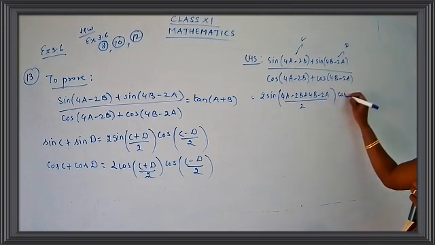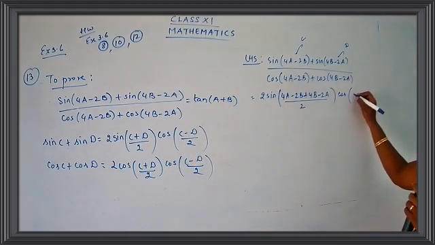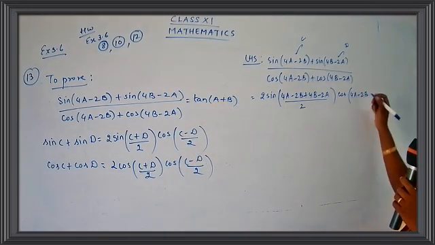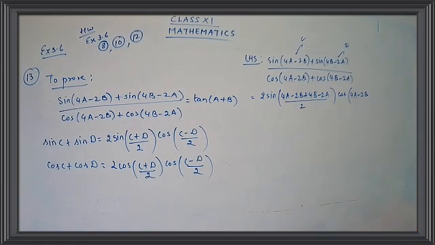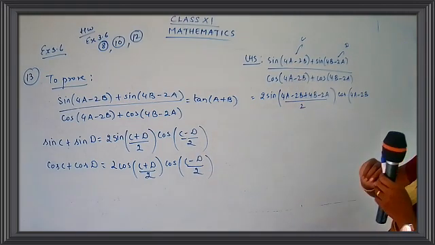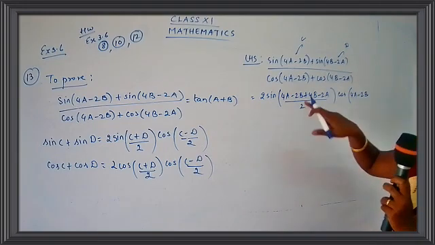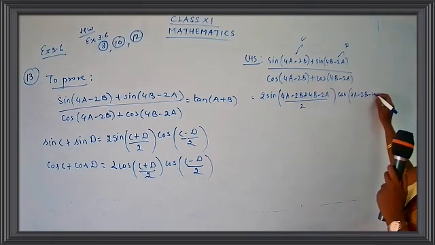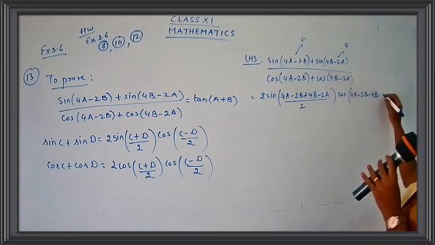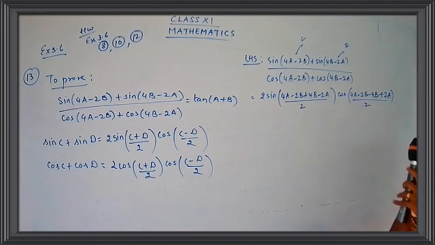Coming to the cos part, cos c minus d. So here we have to be very careful. Let me take the c value first. It's 4a minus 2b. Okay, children, I am going to write it directly. So just observe here carefully. Cos c minus d. Okay, it's minus. So you have to change the sign and write. So c is taken, that's 4a minus 2b. So this is minus d. So plus will change to minus, minus will change to plus. So plus 4b you have to write as minus 4b and minus 2a you have to write as plus 2a, upon 2. Do not forget to write upon 2.